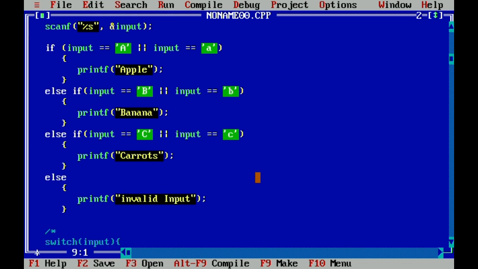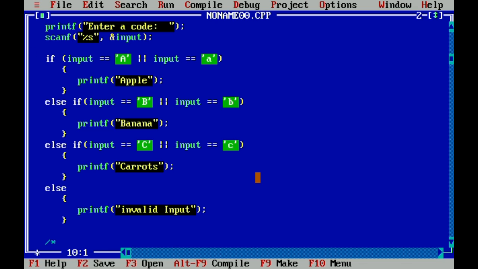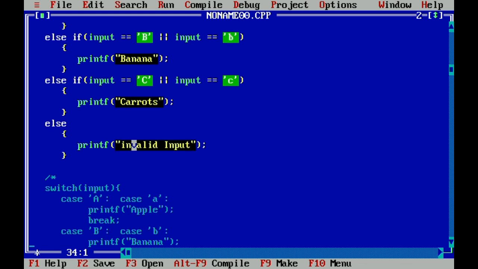You can only transform an if-else statement into a switch case if all the conditions are using the double equal sign, or equal to symbol. If it uses greater than or less than, then you can no longer convert that into a switch case statement.